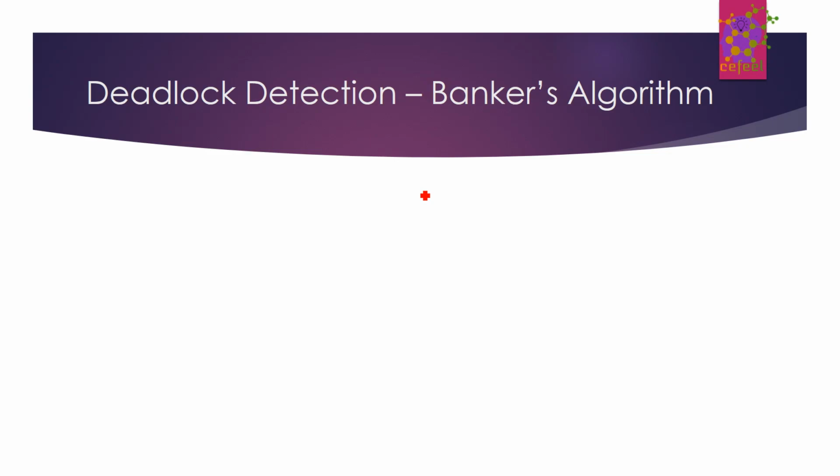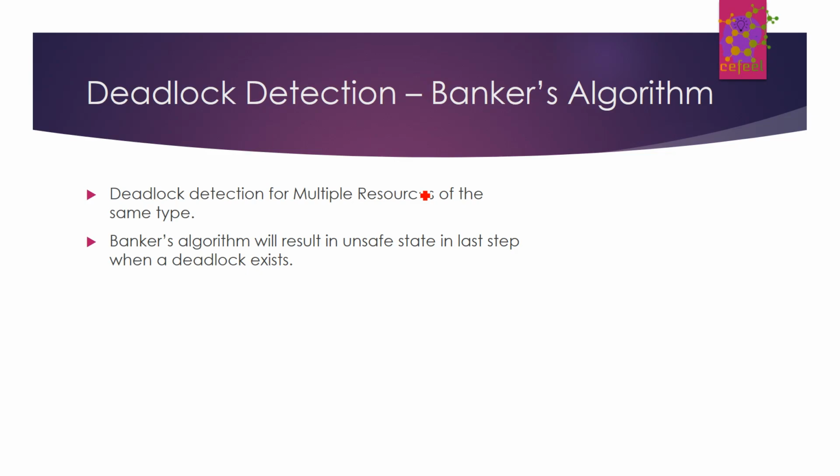So one of the other mechanisms is to use a modified Banker's algorithm to detect deadlocks. In this case, resources can be of multiple instance types. In fact, that's when Banker's algorithm is used. So if you have covered Banker's algorithm already, or if you have checked my video, you would see that the